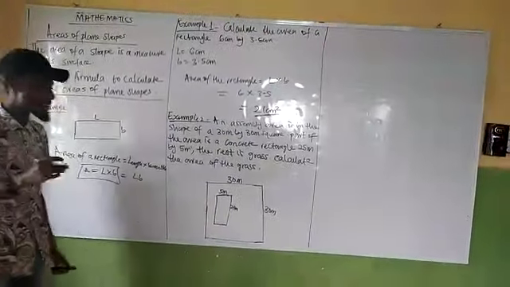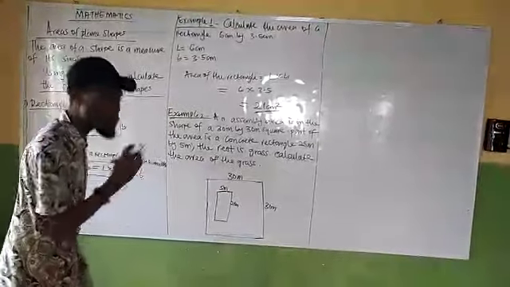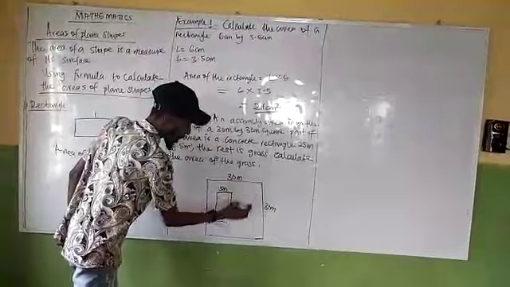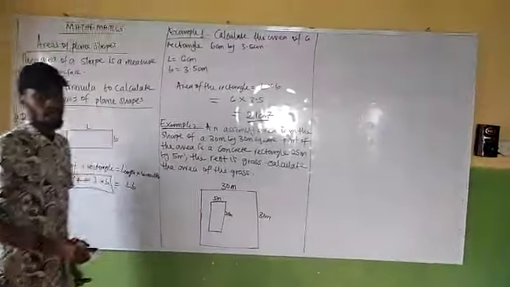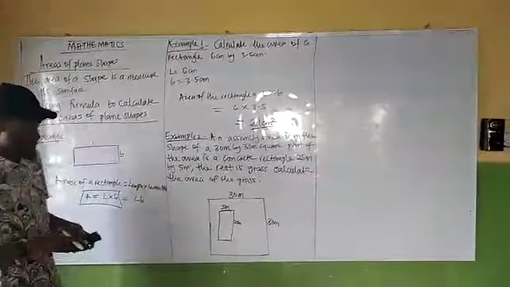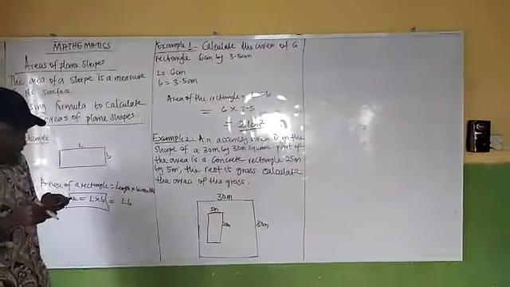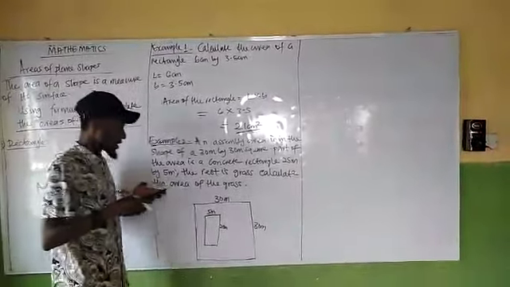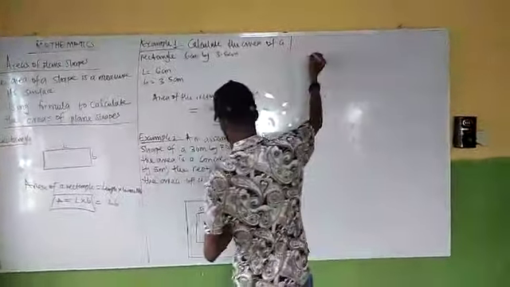So for us to now get the area of that grass, we must first of all acknowledge two things. Get the area of your square and the area of your rectangle. Those are the two things you have to get first. Then you subtract to get what? Your final answer. So we say the area of the assembly area will now be